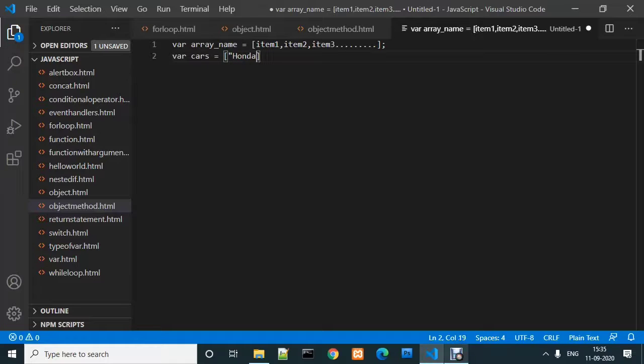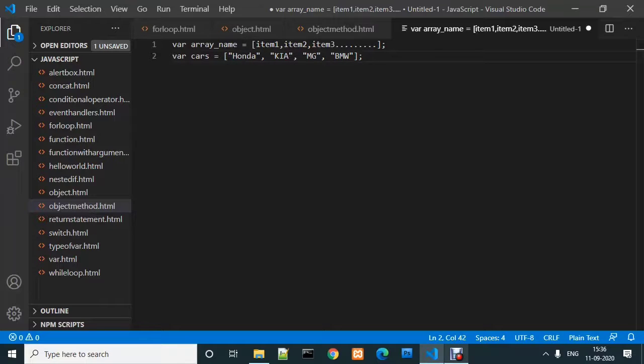So Honda, Kia, MG, and suppose BMW also. So our array cars has 4 values in it.